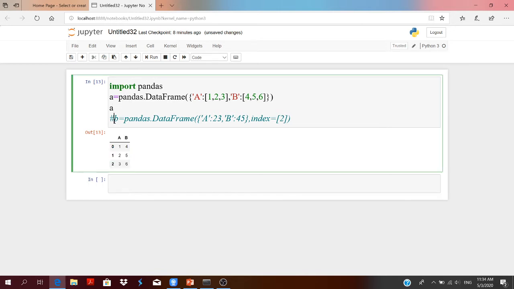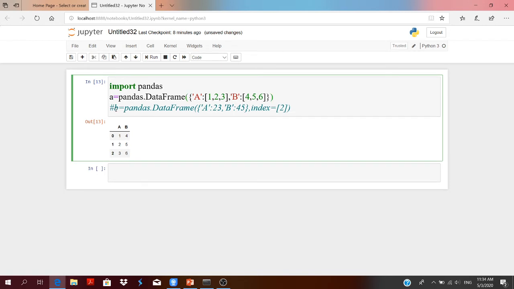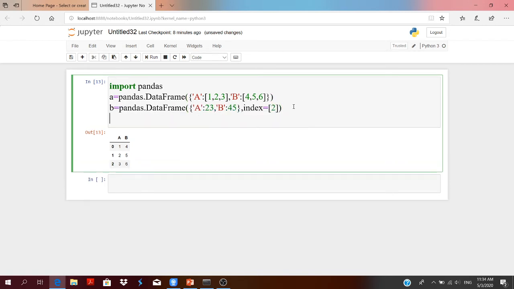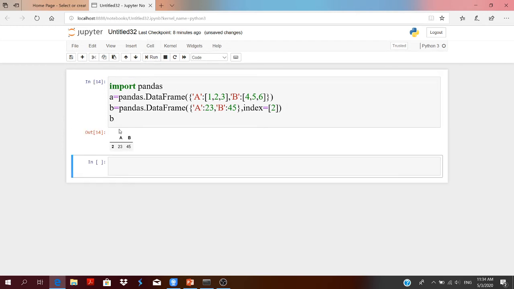Now let us check what is the data frame B. It will give you columns A and B having only a single row, with 23 and 45 as its values, having index value 2.